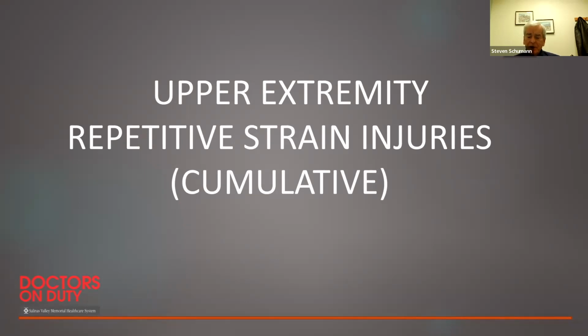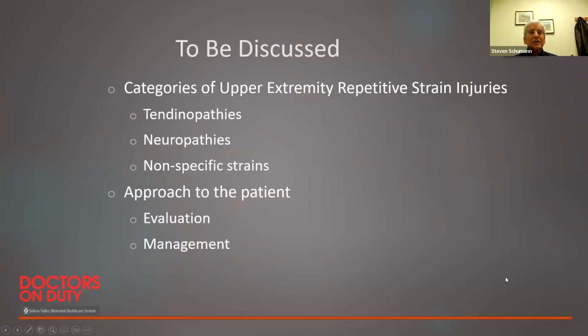And there are two aspects of this I want to discuss. One is the nature of some of these, the categories, and then even more important is the approach to the patient, because it's possible to wander around making a diagnosis and then developing a treatment plan. So it's possible to have a structured approach to this. And what we'll talk about is one way to do it. And if you have your own way to do it, that's fine. But it's the importance of having a plan relatively early on.